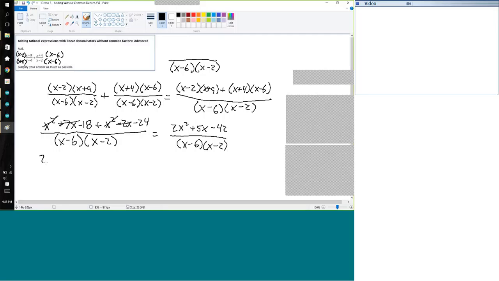So I could factor that to 2x squared, let's see, plus 12x minus 7x minus 42. Break that up, I would get a 2x on the outside times x plus 6. Over here I can factor out a negative 7, x minus 6. Or, no, I apologize, x plus 6, because I pulled out a negative 7. So that leaves me with the factors of 2x minus 7 times x plus 6,